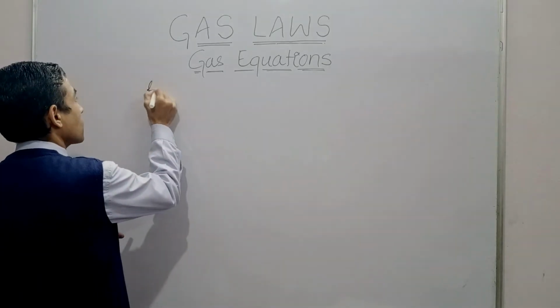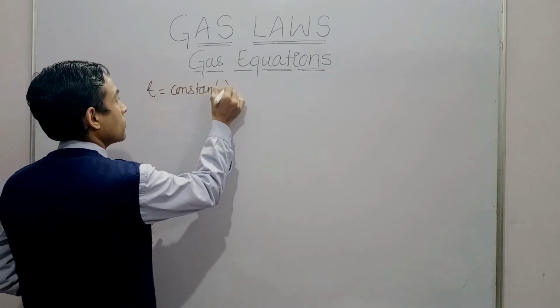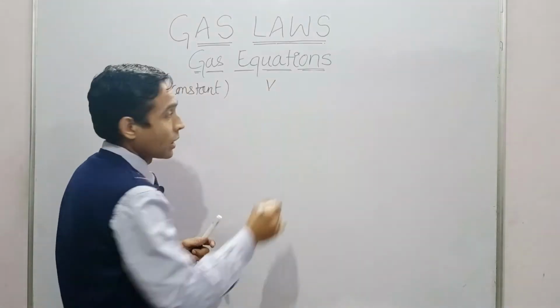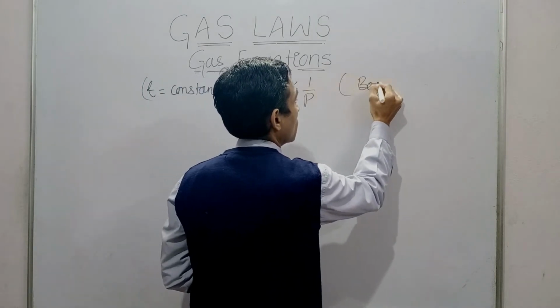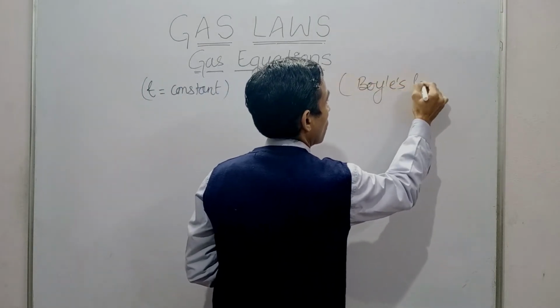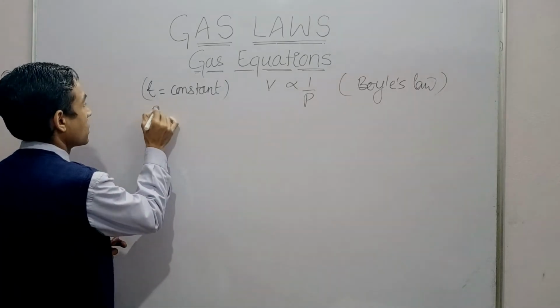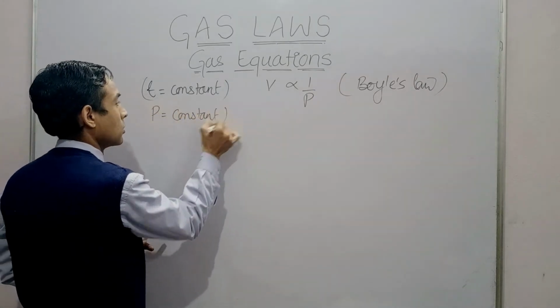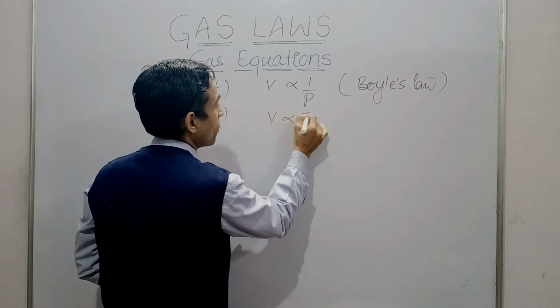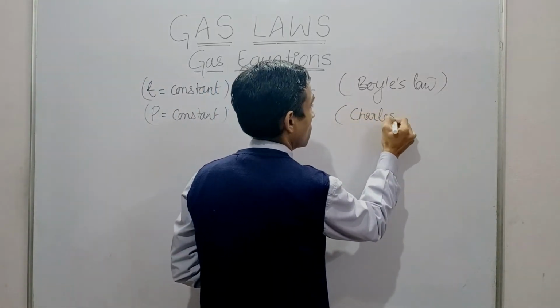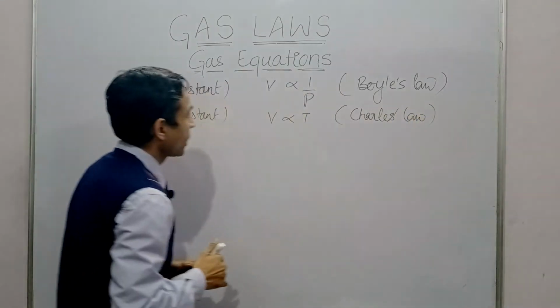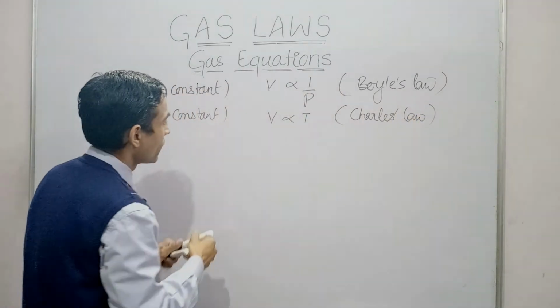When temperature is constant, volume is inversely proportional to pressure. This is Boyle's law. When pressure is constant, volume is directly proportional to temperature. This is Charles' law. If we combine both of them, we will get,